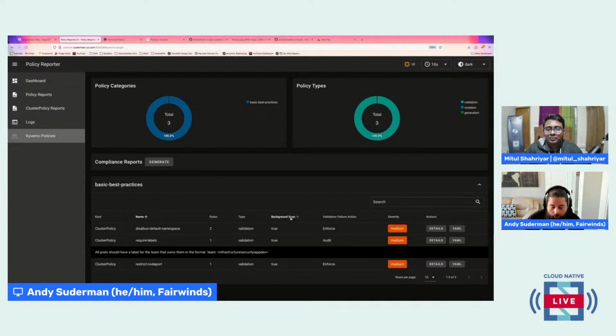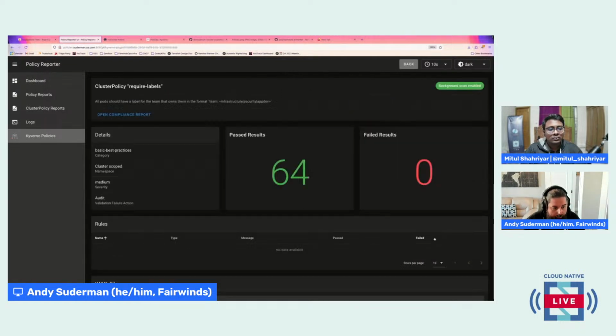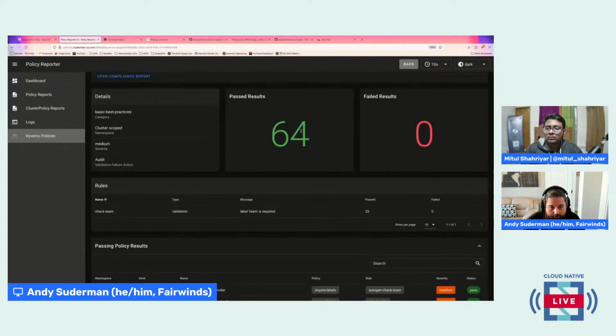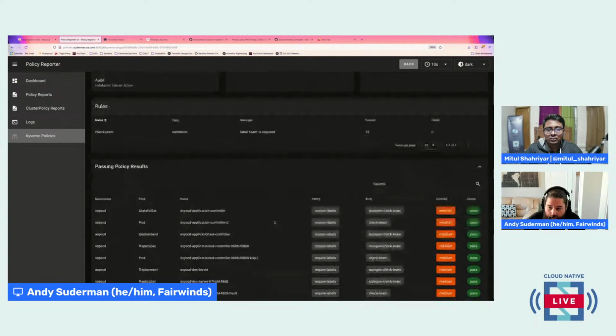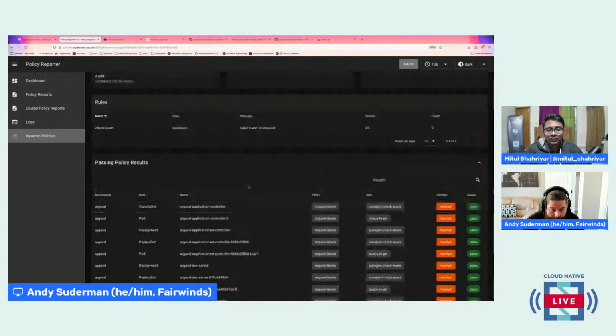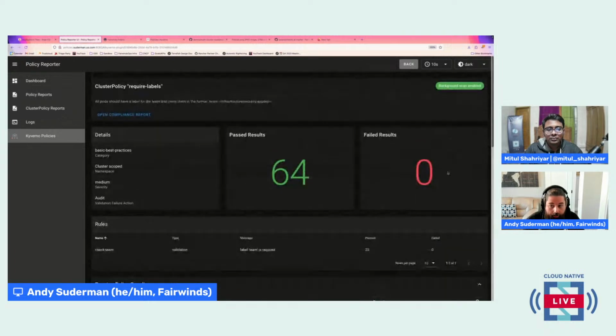It's only going to warn us that we don't have that, and so we can go through and make sure everybody's using that label. We can take a look at the details of it, what's passing that check, and what's failing it. In this case, again, we have nothing failing that particular check at this time.